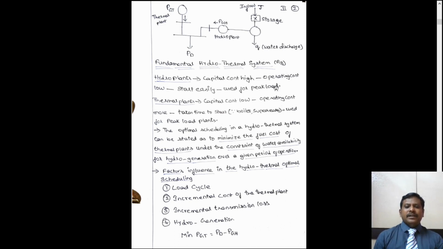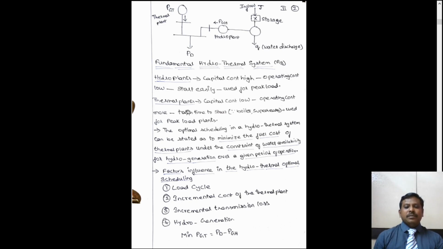And next one is the operating cost. The hydropower plants will be generating the power with the help of the water. When the water enters into the turbine, it spins, thereby the generator will be rotated. There it generates the power, and the discharged water can also be used for irrigation. So you will be having a dual purpose there. It starts easily. Once the water enters, the generator starts rotating, the power will be generated, and it can be used for the peak load here.